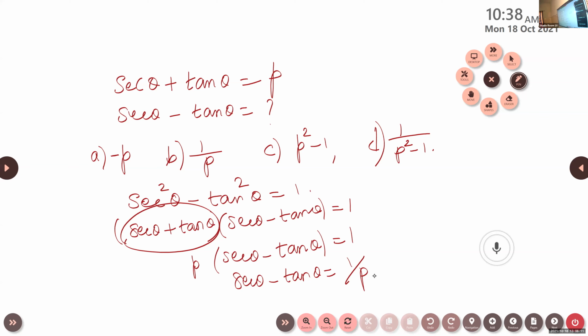Melvin, give the answer. Okay, 1 by P. Is it like this you did? Yes, ma'am. Then why don't you give the step? You told it wrong, no? I didn't say wrong. You check it. You go through it once again. Only for negative P, I gave the answer as wrong. If it is 1 by P, I said you check your answer once again. Check it and give the answer. Then you can give the method.